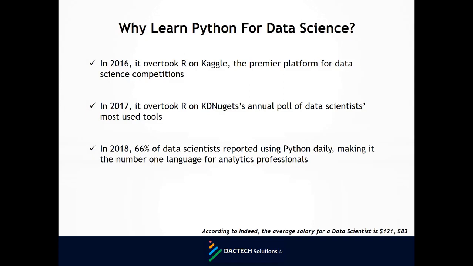R is another statistical programming tool. It's very common amongst the statisticians. It's used a lot by them. And on Kaggle, Kaggle is a community